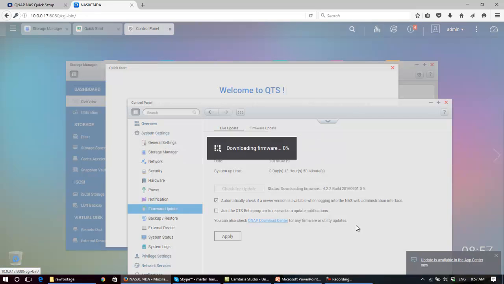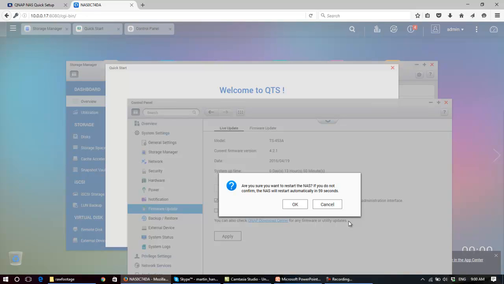and off it goes. Now this takes a few minutes, so I'll just pause the video. Now it's finished downloading. It begins the update part of the process, so we'll just pause the video again till that's finished. Now the update's nearly finished, but I'll seize this opportunity to state the obvious while we're waiting: while the NAS is installing firmware or doing any updates, you should obviously never turn the NAS off. You should wait for it to finish